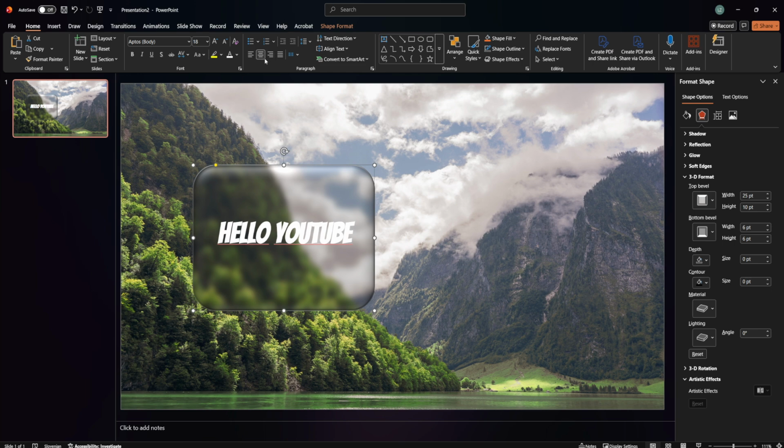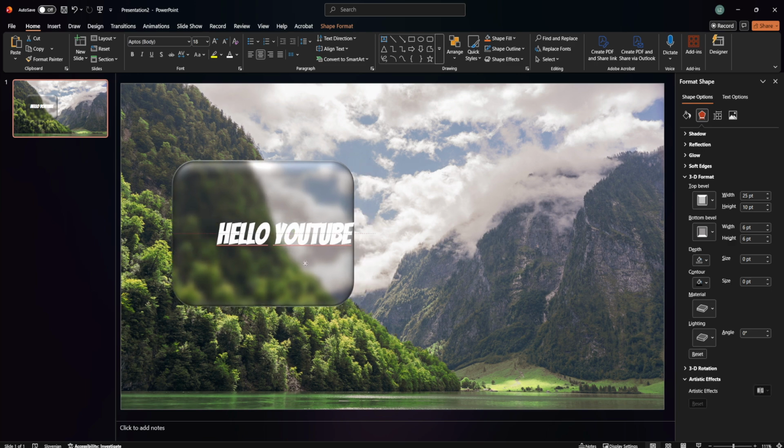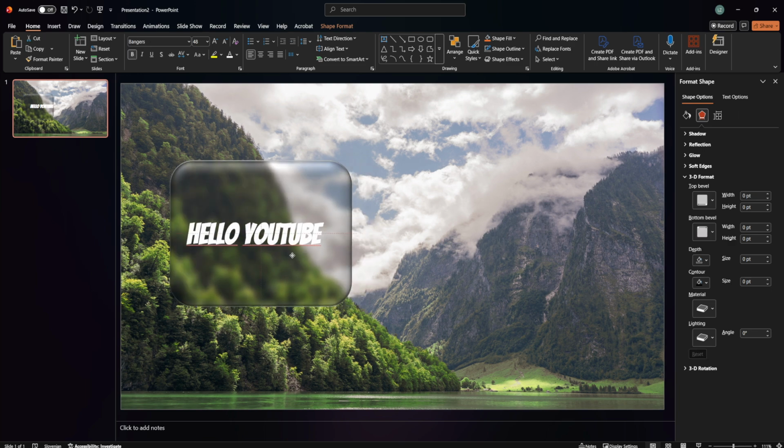So center the text and place it nicely inside the card, as you can see right here. So I think it's pretty great looking. Now select the rectangle, both text boxes. So, okay, now I will move this a little bit to the left side and I will select both of this glass card and my title. So like that, and then